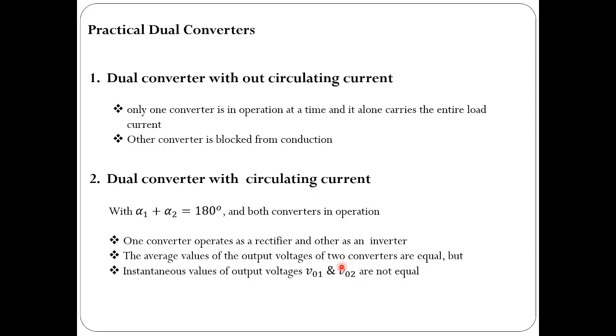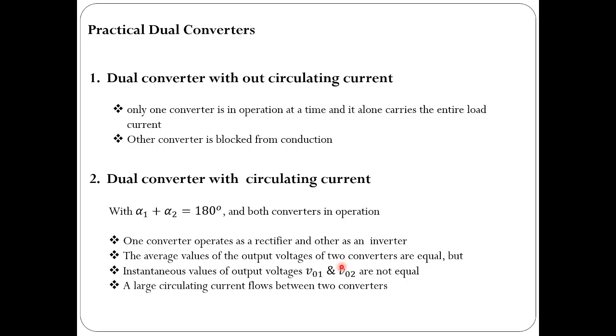but coming to the instantaneous values, they are going to be different. However, the average value overall throughout the period is going to be equal. Because the instantaneous values of output voltage across each converter are different, there is possibility of large circulating current flow between the two converters, which may lead to damage of the converter devices. Thyristors can be damaged due to large circulating current flowing through them,